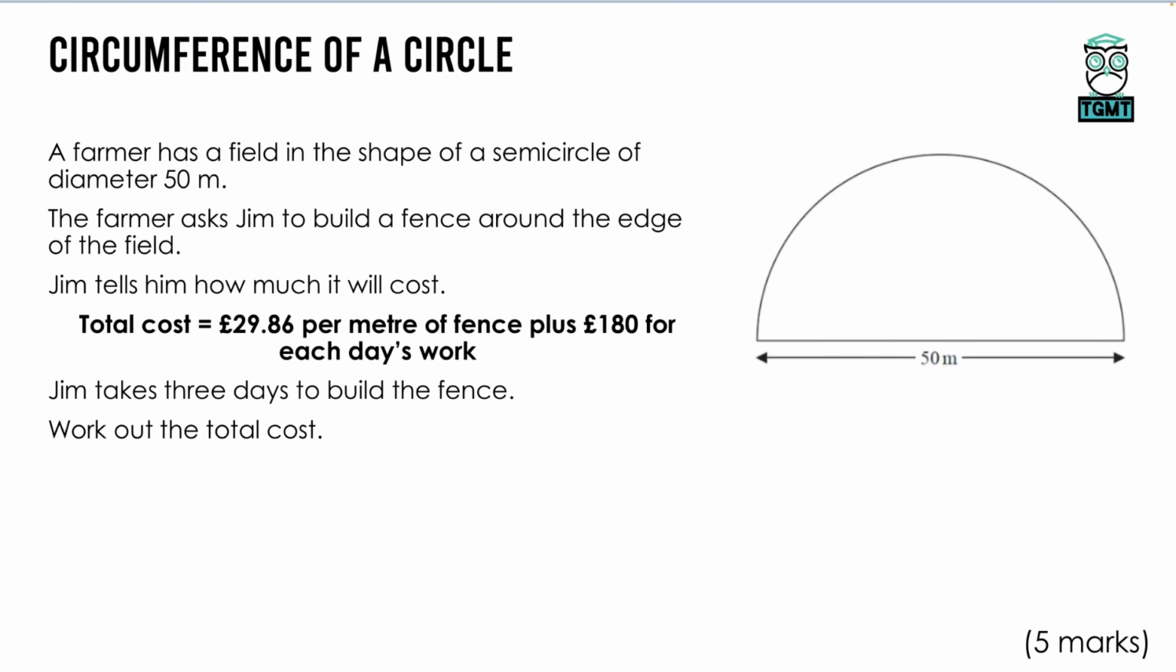Well, the easy bit that we can work out here is the £180 each day that he does, so we can do 3 times 180, and that will tell us how much we have to pay him for the actual process, so that costs £540. Now we need to actually work out the cost of the fence. So this particular question is about the distance around the outside. So we're going to look at the circumference formula, which is circumference is equal to pi times diameter, or pi times 2r, depending on which formula you like. So for this one here, we have a diameter of 50, so we can do pi times 50. We'll obviously type that into our calculator, and that comes out as